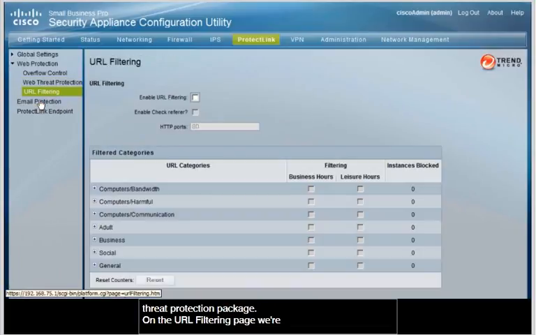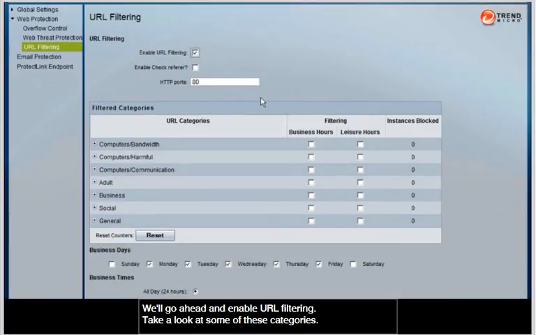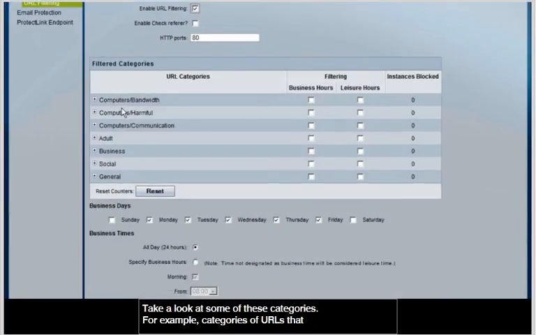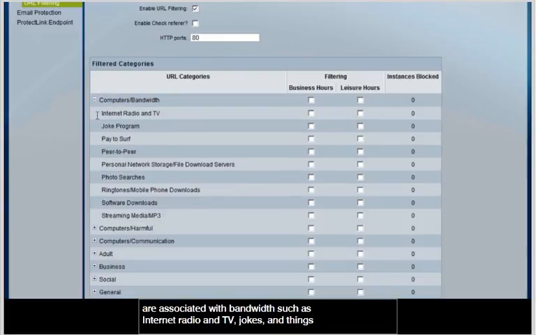And on the URL filtering page, we're presented with several categories of URLs that we can block or filter. We'll go ahead and enable URL filtering. Take a look at some of these categories. For example, categories of URLs that are associated with bandwidth, such as internet radio and TV, jokes, and things that may be bandwidth intensive that you may not want your users to be getting to during business hours. You may allow them to have those during leisure hours, but you don't want them probably running those kind of